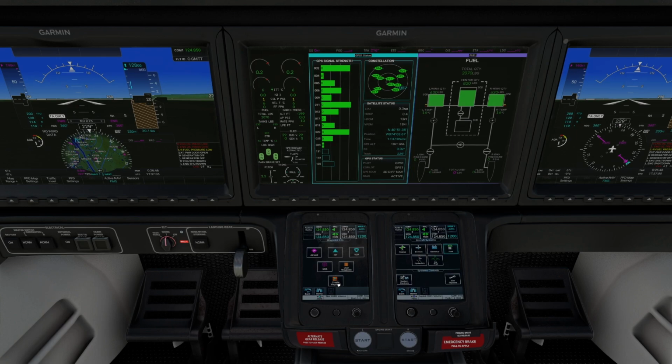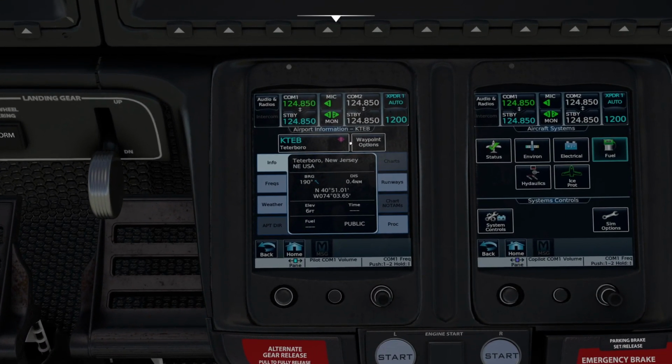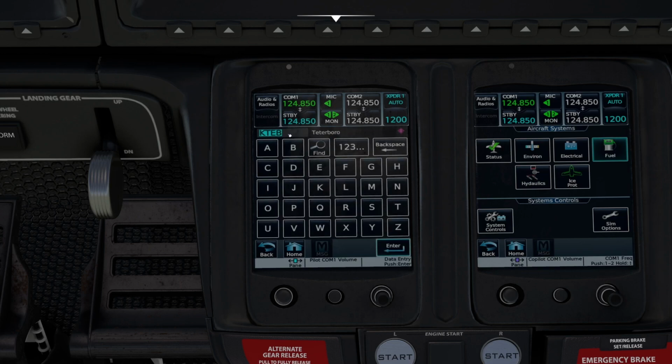Waypoint information, these are really cool screens. So we're flying next up to, what do we say? We're going to go to Detroit, so DTW. So if we go to airports, and we'll zoom in on this so you can see this better. But if we go to the airport and we say, okay, we're at KTEB, but we're going to go to